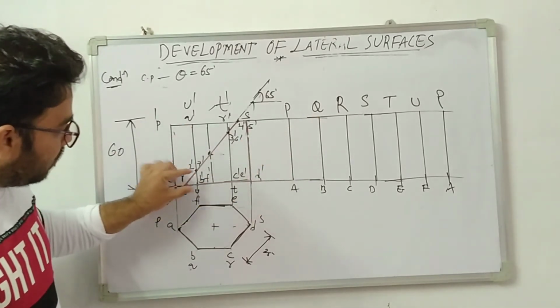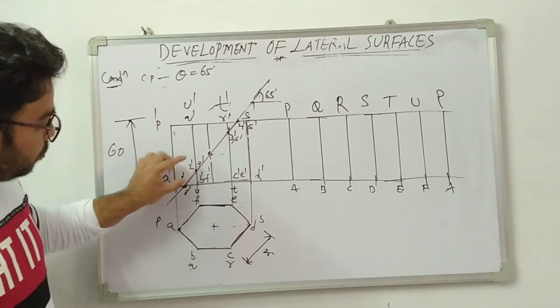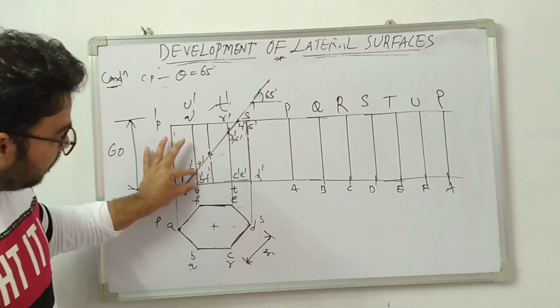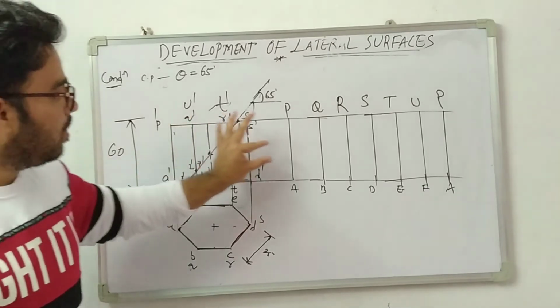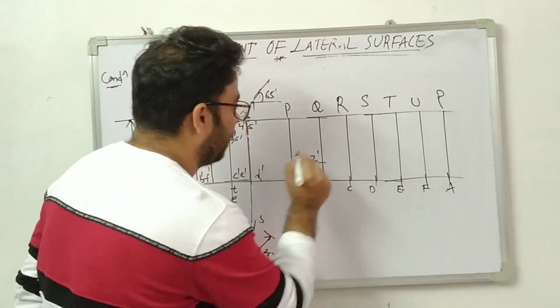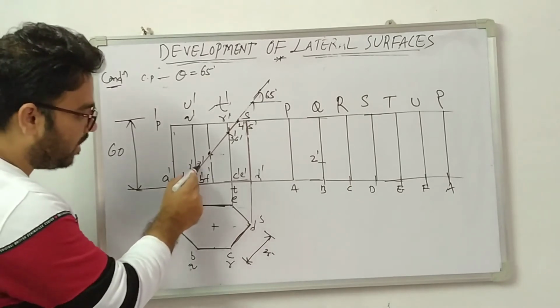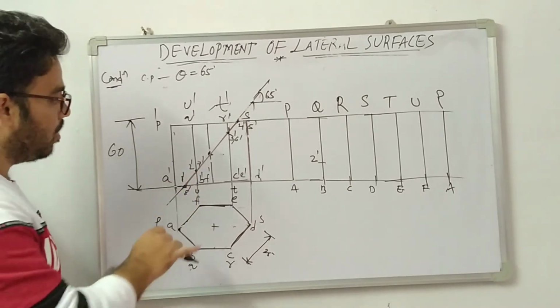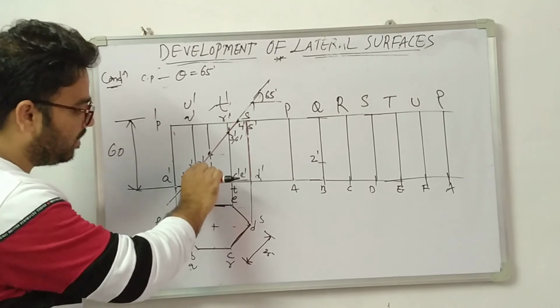What is the cutting point on the BQ longer edge? 2 dash is located. You measure this distance on the reference line and shift it onto the BQ longer edge. So that is what point? That is the second point, 2 dash. Along with that, 7 dash is also located on the same location. Measure this distance, and what is that location?